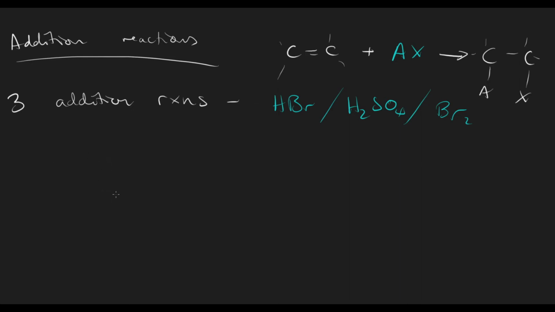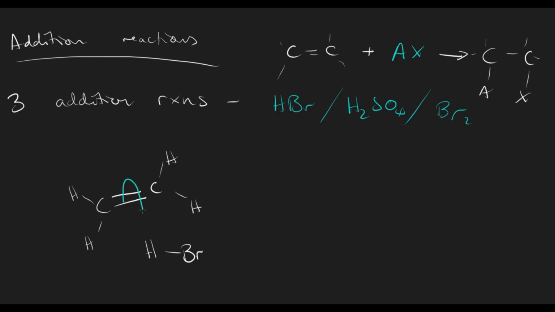So let's look at HBr. So if we start with a carbon-carbon double bond, and let's just pretend we've got ethene here. So I've got all carbons. And I've then got hydrogen bromide. Now, if you remember, hydrogen bromide, because bromine is going to have an electronegative difference to the hydrogen, there'll be a bond polarity in this molecule, and that means one end will be a little bit positive, one will be a little bit negative. And this double bond on the carbon-carbon,